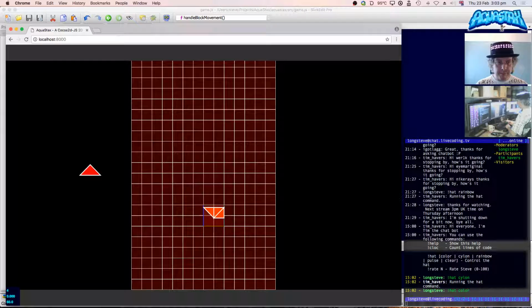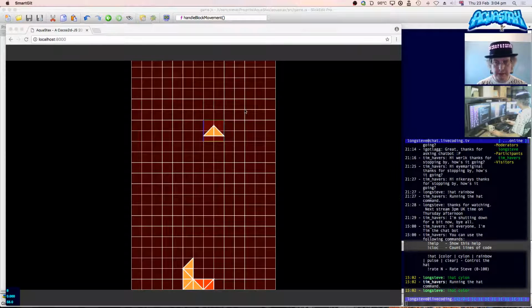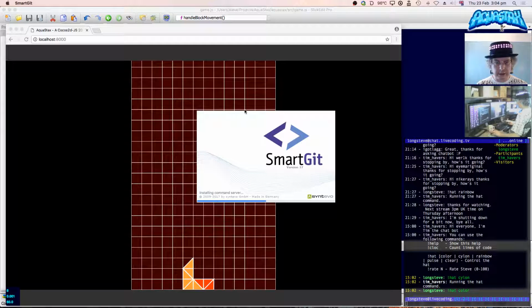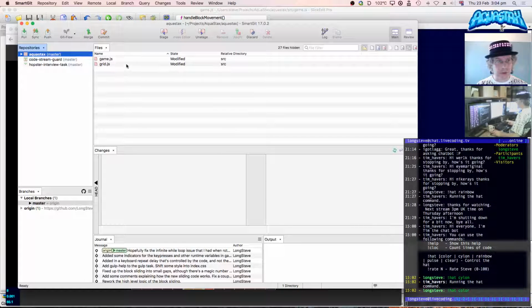So, I managed to do quite a bit of work the other day. It was fixing the sliding, we've done that. What else did I fix the other day? In fact, I can go and check what I did in SmartGit. I think it was to do with the various collision stuff I was testing.